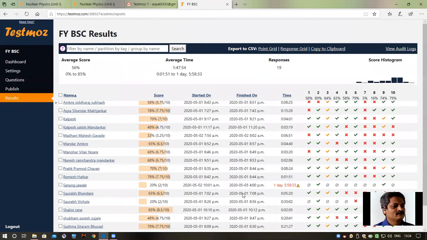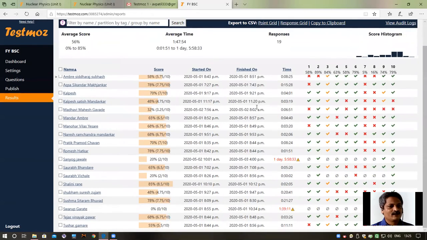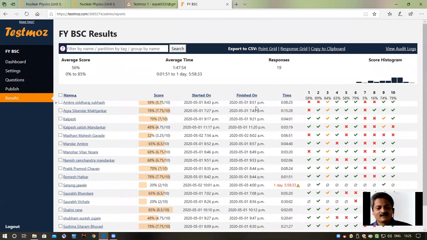Go back. These are the scores. Average score is 56%. Average time is 1 hour 47 minutes. Students got responses, and in total we got 19 responses in this particular unit test. I have taken this unit test for undergraduate students during this